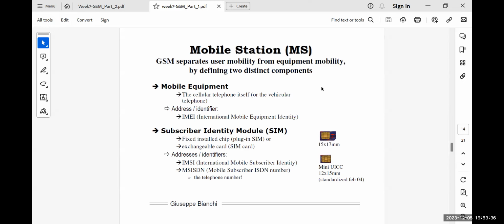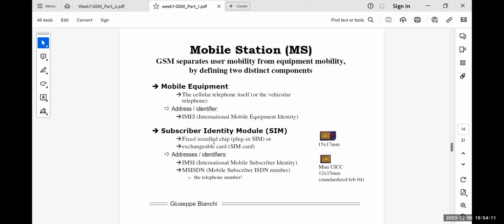Regarding the mobile station, the GSM separates user mobility from the equipment mobility by defining two distinct components. One is the mobile equipment, that is the cellular telephone itself, or your mobile phone, as you call it, right? So that mobile phone actually has an address or identifier, that is the IMEI, the International Mobile Equipment Identity. So whenever you're going to buy a mobile phone, it has some IMEI number associated with that particular mobile equipment,